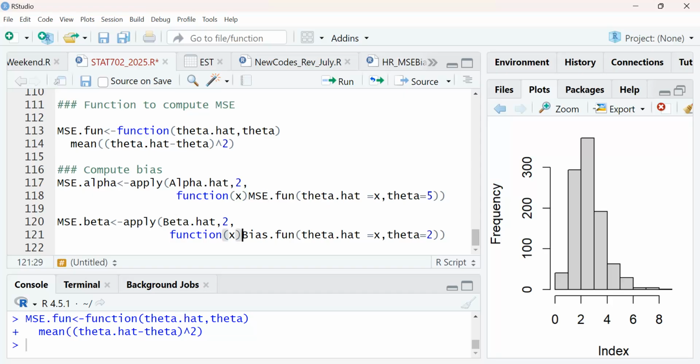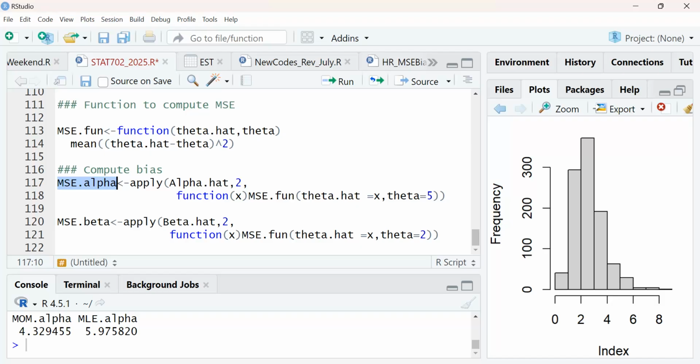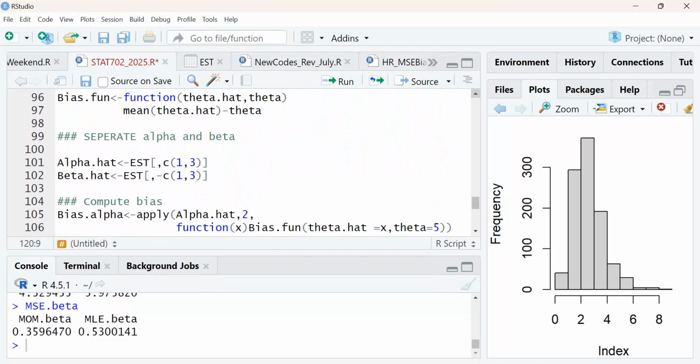MSE. MSE. And then I run it. And I check MSE alpha. So MoM is still doing well. MSE beta, MoM is still doing well. And so forth.